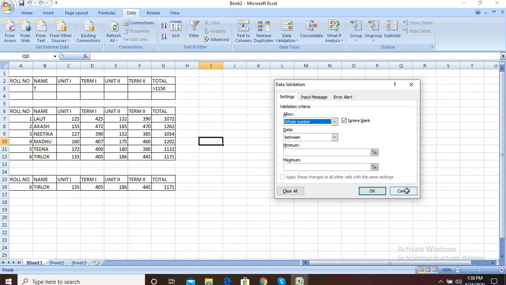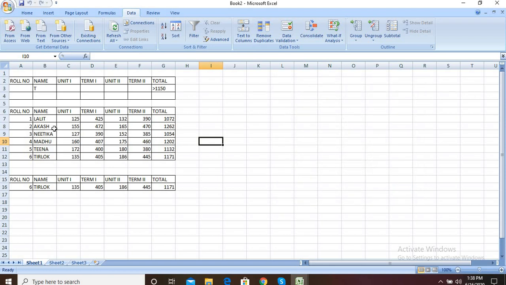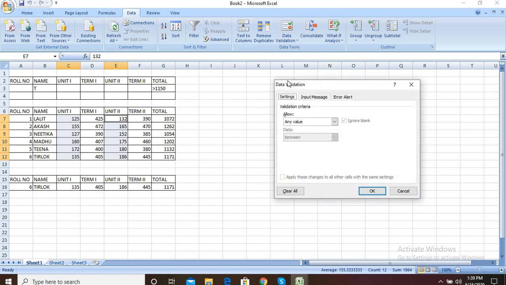First, the range where you want to add data validation, you have to select. So I am selecting this range, the unit 1 and unit 2 range. Select unit 1, press the control key and select the unit 2 range, so both ranges are selected at the same time. After that, go to the data validation option, click on data validation.